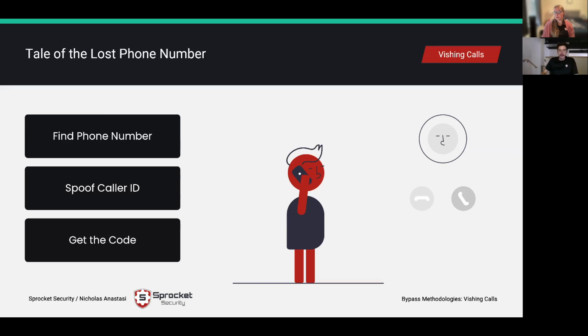Another option as well, there are some instances where there's a robo directory present. These are relatively limited, it seems, but we do run into them from time to time where you can call a directory service at the organization and just start saying the name of the person until it gets you somewhere, or you can kind of start asking and bouncing around until you get to the employee's desk.